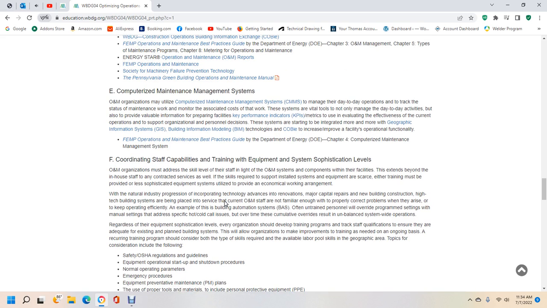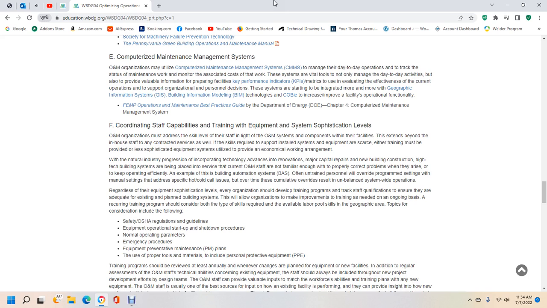F. Coordinating staff capability, training, equipment, and system sophistication. The operation and maintenance organization must address the skill level of the staff with the system components of their facility, which extends beyond the in-house staff to contracted services as well. If skills are required to support the installed systems and equipment, training must be provided. Less sophisticated equipment and systems may be used to provide economical work arrangements,